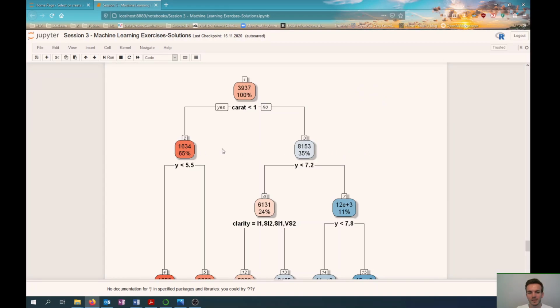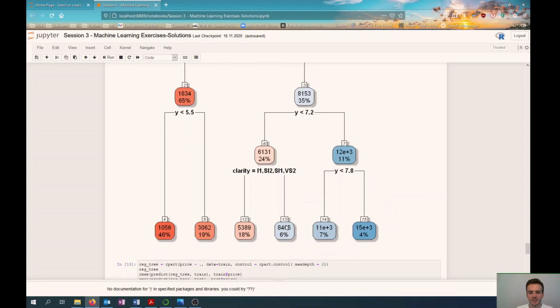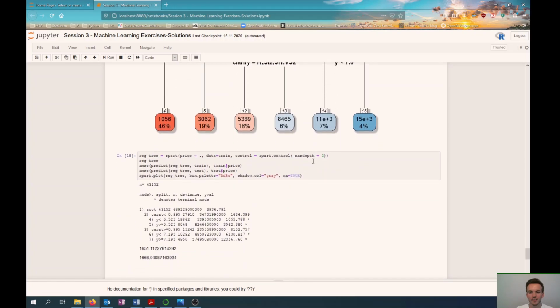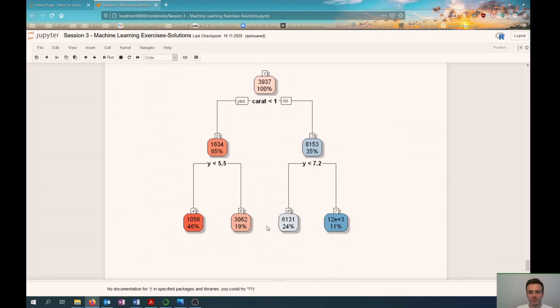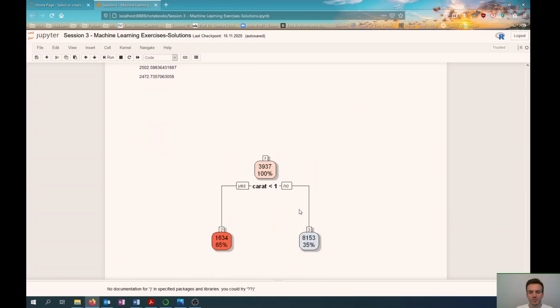Then this is depth 1. This is depth 2, and this is depth 3. So if we set depth to 3, then we will be allowed to grow the tree until this depth, but no further. If we set it to 2, we can only grow it until here, and so on. If we set it to 1, we can only grow it to this level,